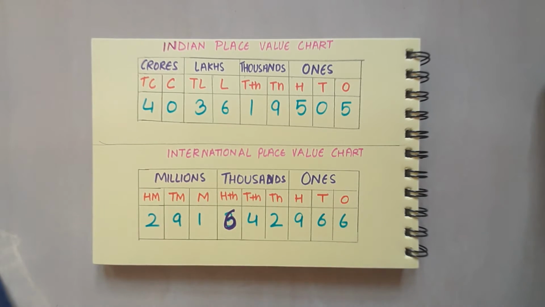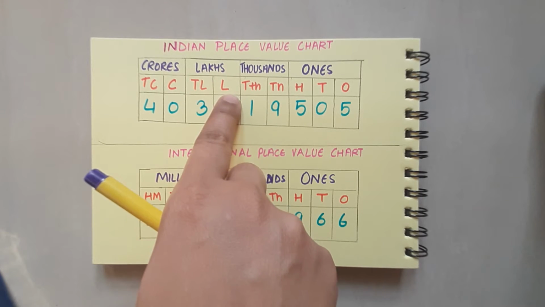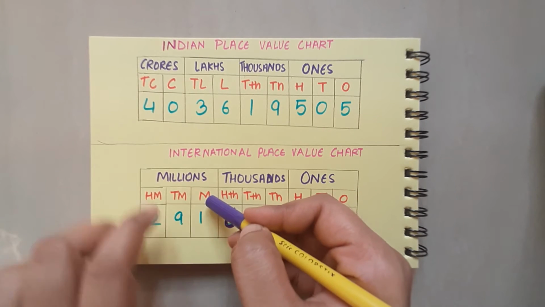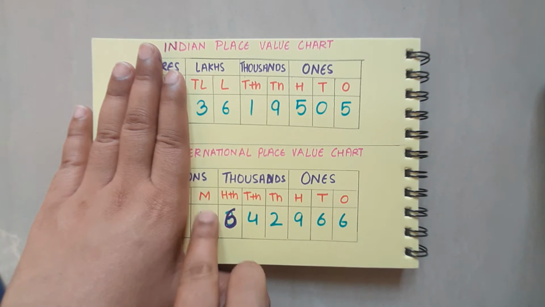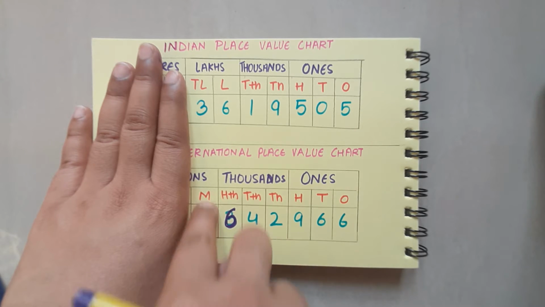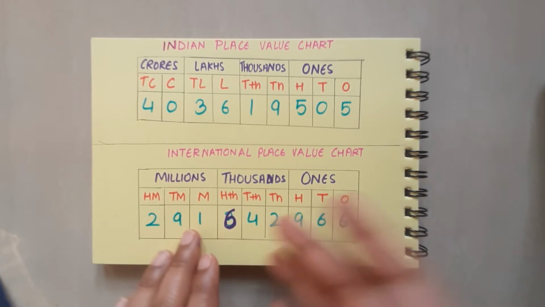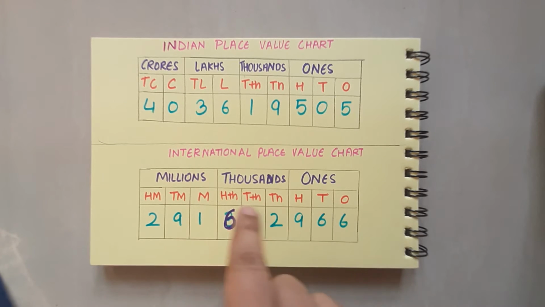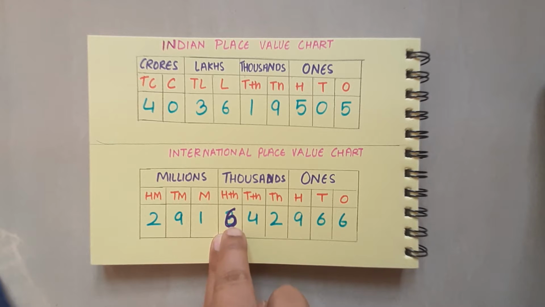All right. Similarly, if we move ahead in our Indian place value system, we have the lakhs period, 10 lakhs and lakhs, right? But in the international system, now we have million. So 1 million is equal to 10 lakh. The values remain the same, right? But the places are changed. So we have given different names to these places. All right, so internationally we say these are 100,000, 600,000,